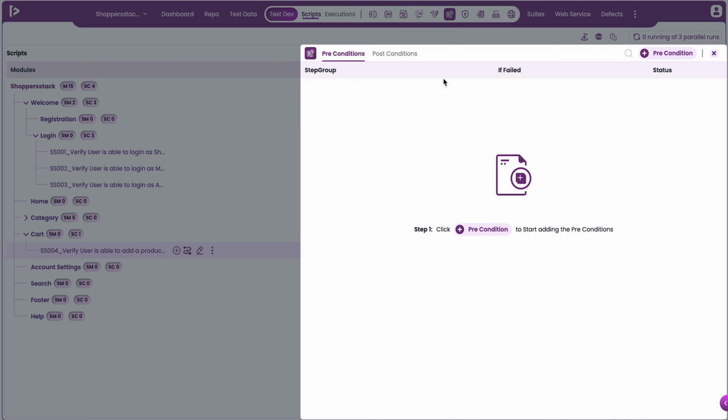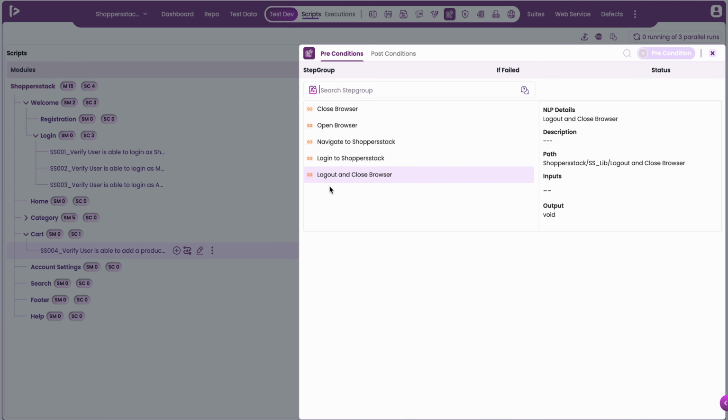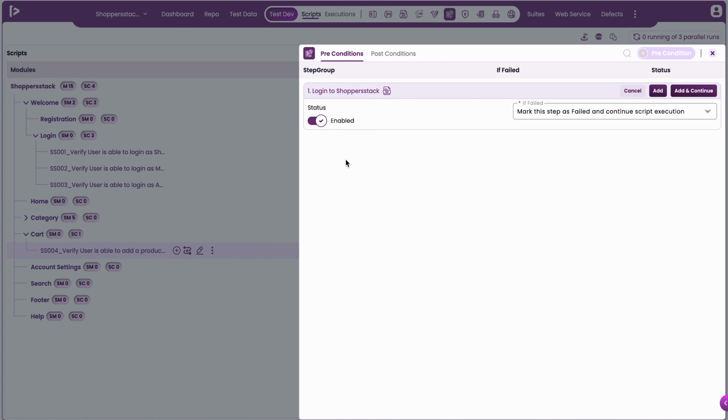To begin adding a precondition, the user should click on the plus precondition button. A search field appears to browse available step groups. We should note that only step groups can be configured as pre- or post-conditions. Selecting the Login to ShopperStack step group opens another slider displaying options such as a status toggle, if failed checkpoint, add and continue, and cancel. Since only one precondition is needed in this case, clicking the Add button completes the process and confirms it with